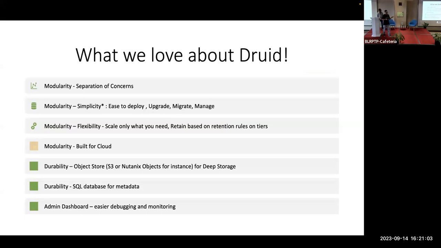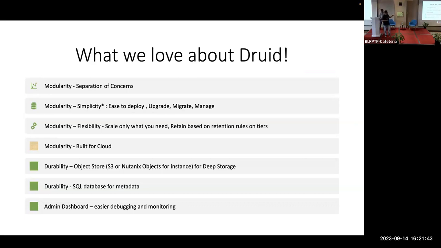It's built for cloud, I feel, because the components are very well defined on what they do, which means they are defined on what resources they need from the system. Accordingly, you can select nodes, you can scale most things horizontally. And then the object storage that I talked about: in our case, we use S3, or when we deploy it in a data center, we use Nutanix Objects. For metadata, Druid provides an interface behind which you can put different SQL databases, whichever you like. In our case, we use Postgres there.